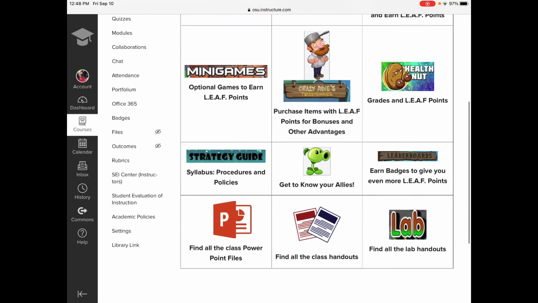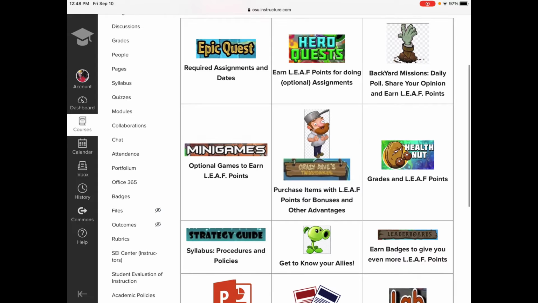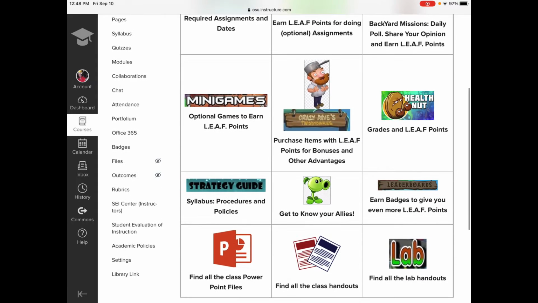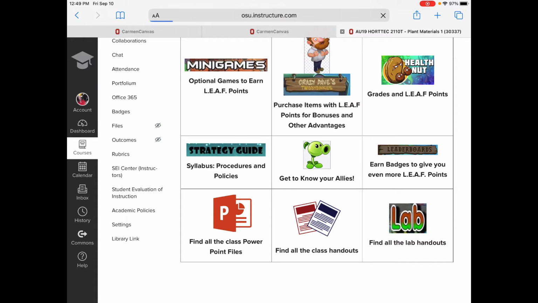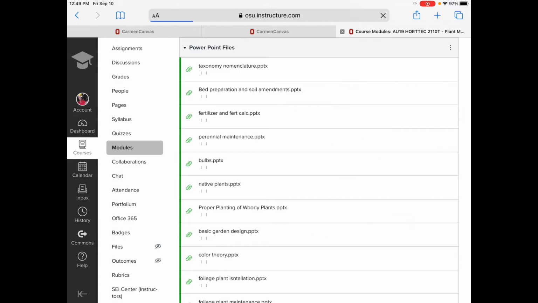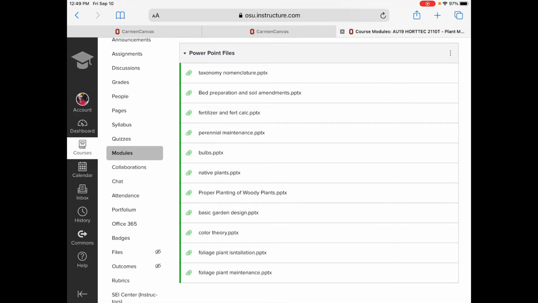This was the homepage, and you can see everything is there in a table, which I felt was an easy way to organize things, at least in my mind. It had all of the different links that the students could get to, and all they had to do was click on the pictures. So notice there's no way to get specifically to the modules, but if I click on the link and I go to all of the class PowerPoint files, what you'll see is how I organize them,